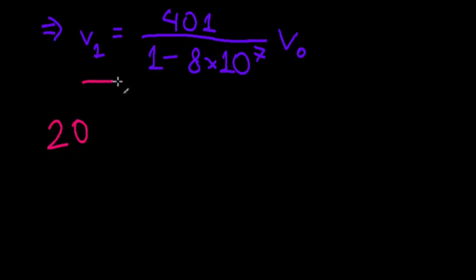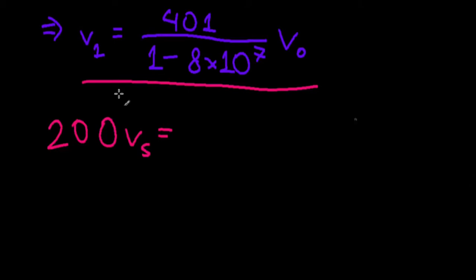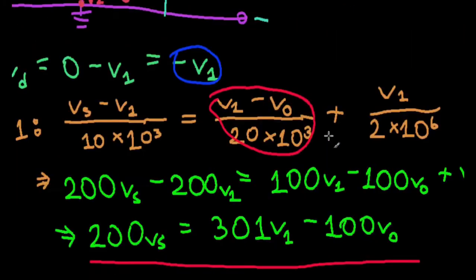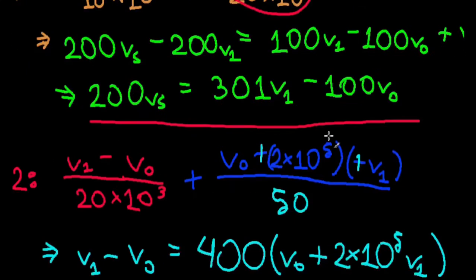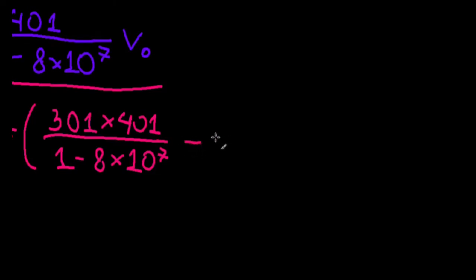We substitute this thing into our first equation. We have 200 vs equals, so this into v naught substituted here, minus 100. So we have 301 into 401 divided by 1 minus 8 times 10 to the 7. Very weird factor. Minus 100. And those of you who have done these estimations in school, where you can just consider this 300, consider this 400, and ignore the 1,